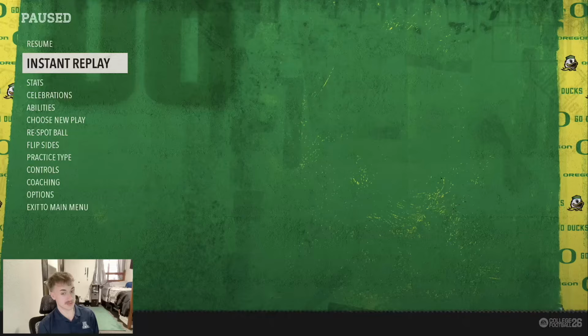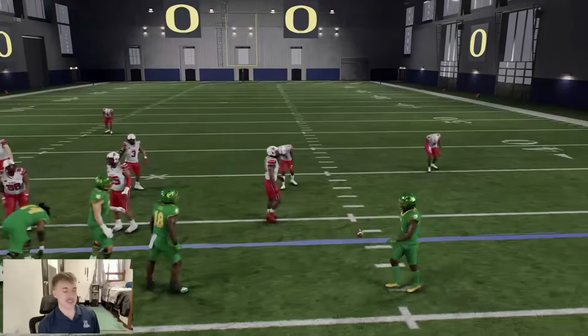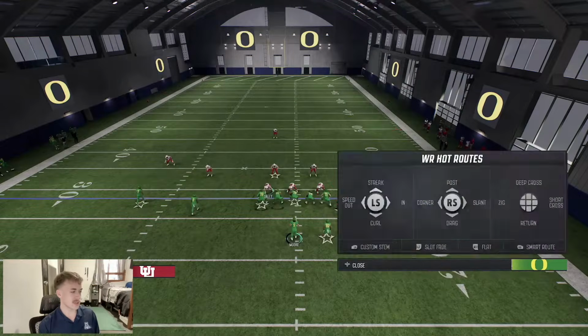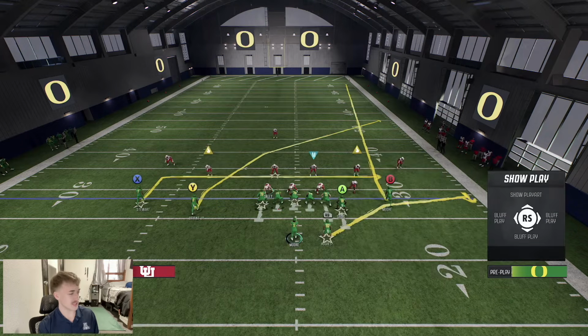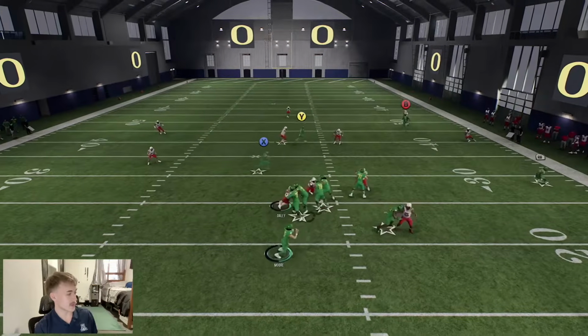Now, the next setup is going to be a short side setup, and we're going to actually use that fade similarly to how we used it in Dagger, but we're going to use it to try and open up our crosser. So we're going to put Y on a cross, and then what we're going to do is put X on just an in route, block A. So I don't have to be far on the right. Obviously, it's only going to help the further you are, but